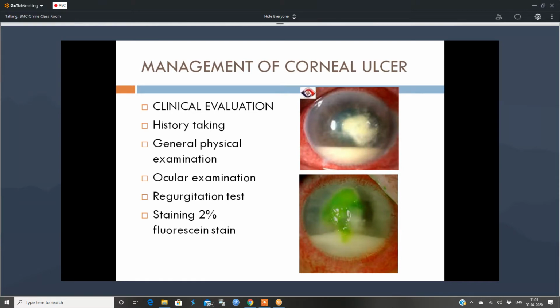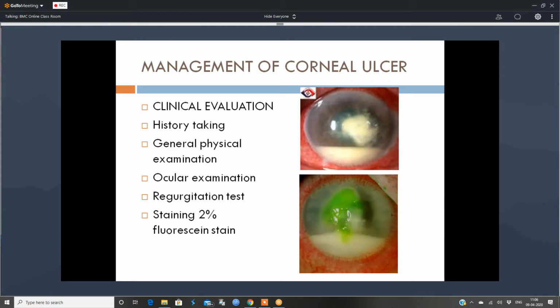Okay. So then with this, we go on to confirmation of our diagnosis. Clinically, we have suspected a bacterial keratitis, but how do we make a confirmation? For this, we need microbiological evidence. So we go on to the lab investigations.